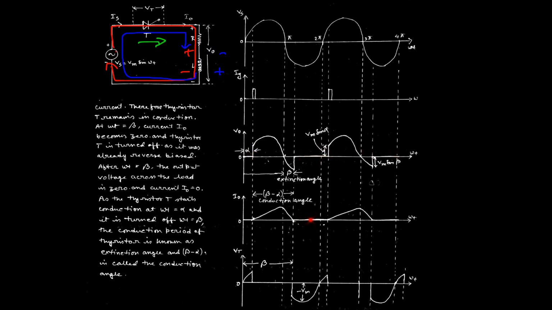Similarly, when the inductor is completely discharged at the point of beta, it again starts storing energy up to the next point, which starts from 2 pi plus alpha. So from beta to 2 pi plus alpha, the current across the load is again 0. That means when the thyristor remains in off position, or is not working, the supply voltage appears across the thyristor.